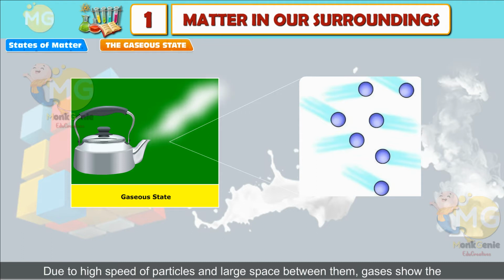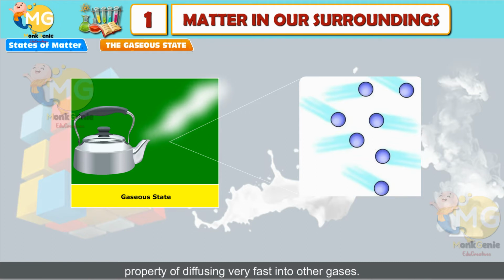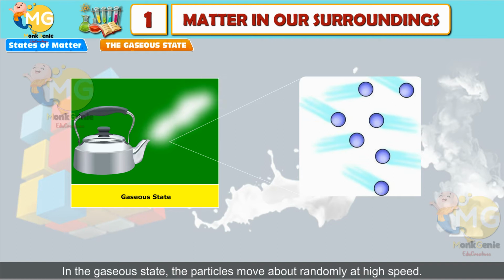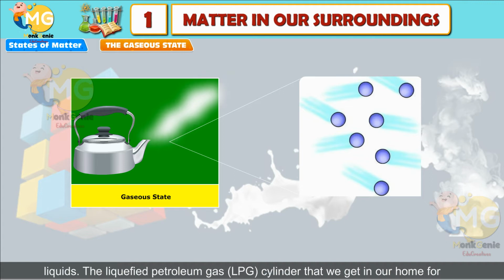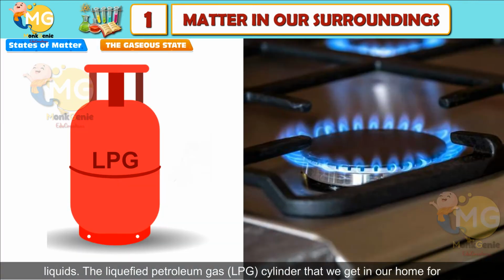Due to high speed of particles and large space between them, gases show the property of diffusing very fast into other gases. In the gaseous state, the particles move about randomly at high speed. Due to this random movement, the particles hit each other and also the walls of the container. Gases are highly compressible as compared to solids and liquids. The liquefied petroleum gas,